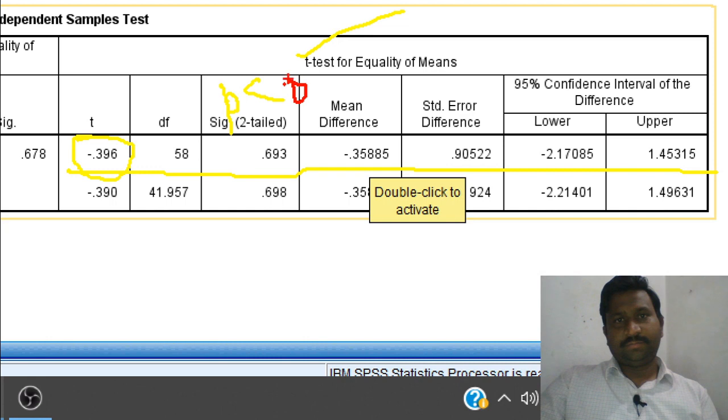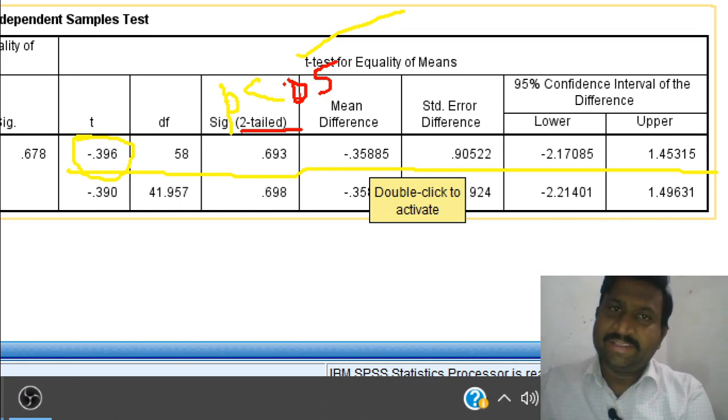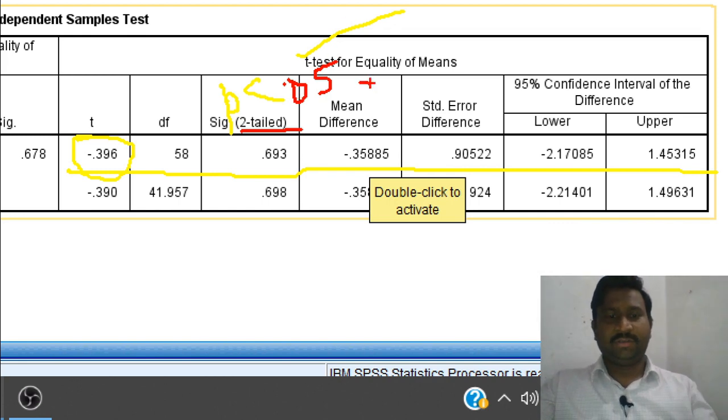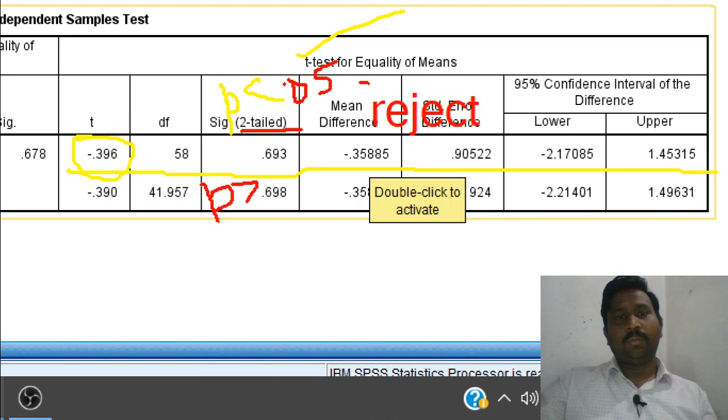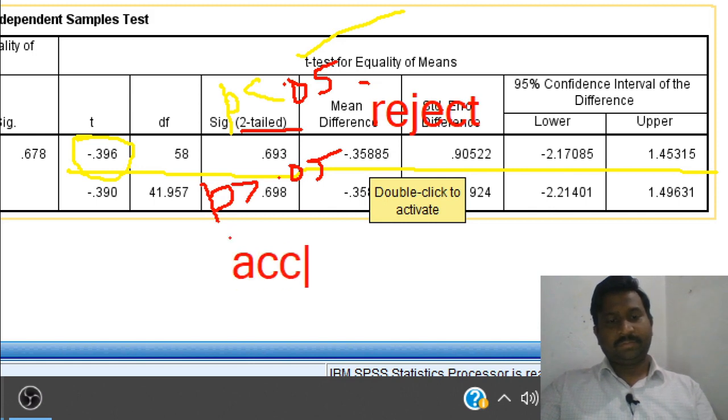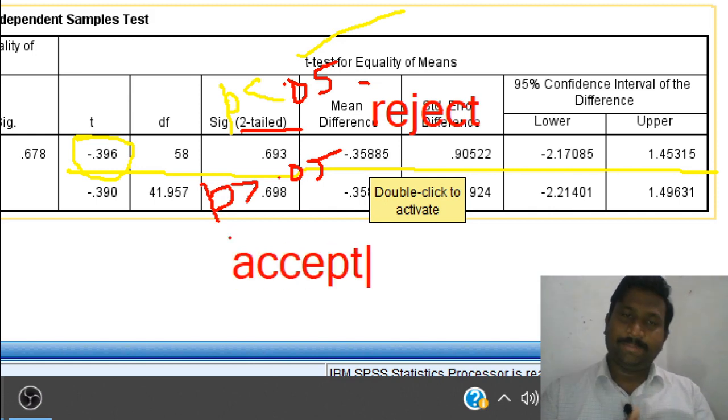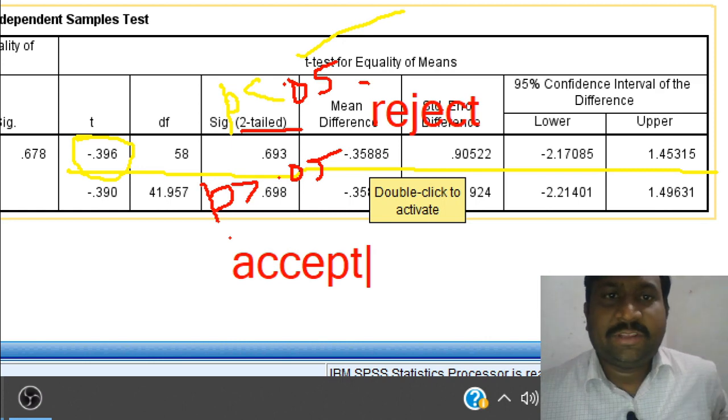If this p is less than 0.05, we reject the null hypothesis. And if this p is greater than 0.05, then we accept the null hypothesis.